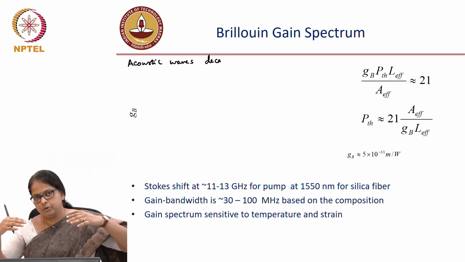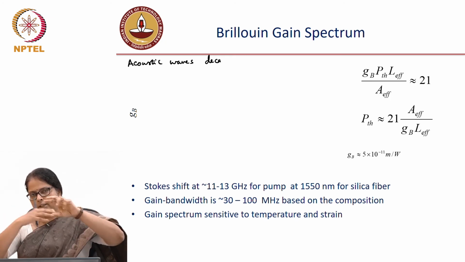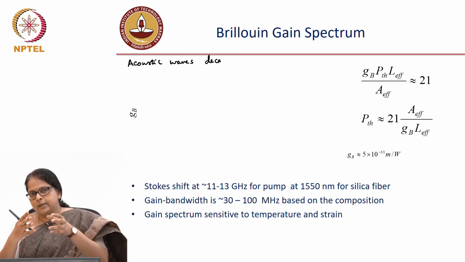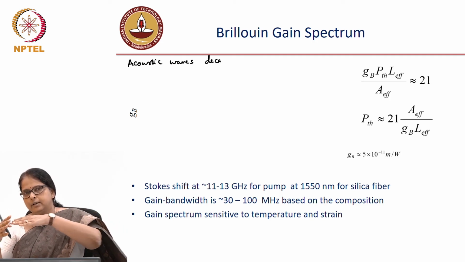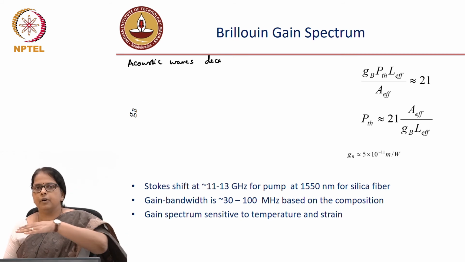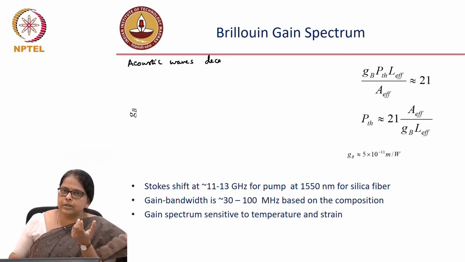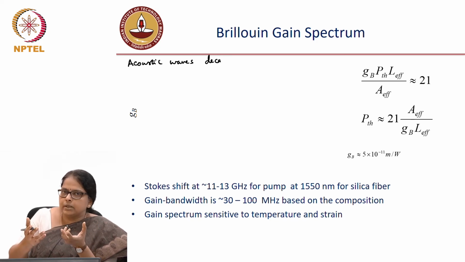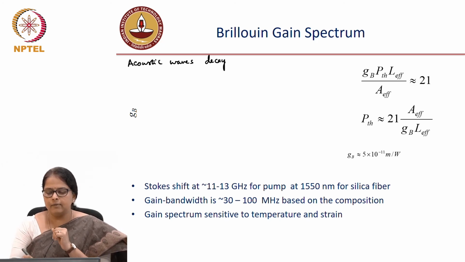So you had a pump and the Stokes, which generate a beat, and there is a grating. Essentially you have the acoustic wave propagating in the forward direction along with the pump, with the frequency omega. But whenever you generate these acoustic waves, they don't live forever. They decay with a rate,